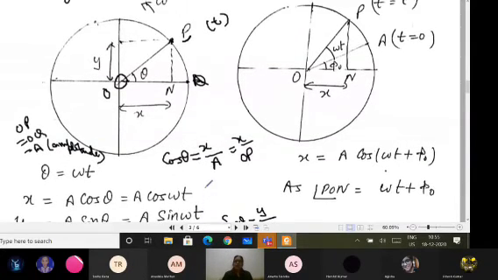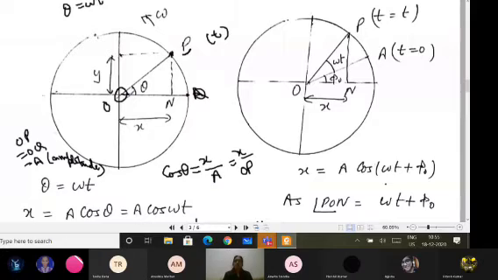So when I want to see how it is SHM, of course you have seen that displacement at any time I can write either in terms of cos or in terms of sine. If on x-axis cos omega t, if on y-axis sine omega t. If I'm making the particle move from Q point to P, you see how the projection is moving. Projection is moving from O to this point, then to this point.